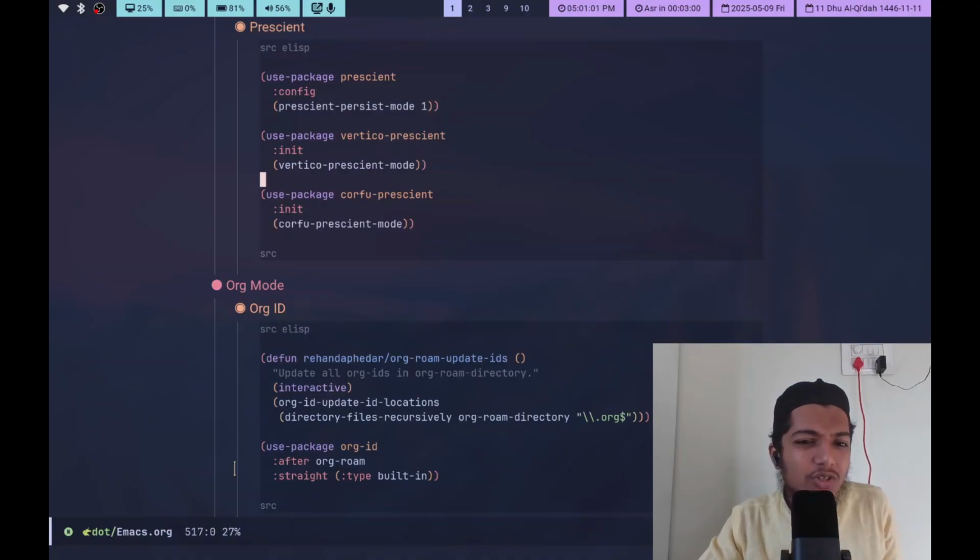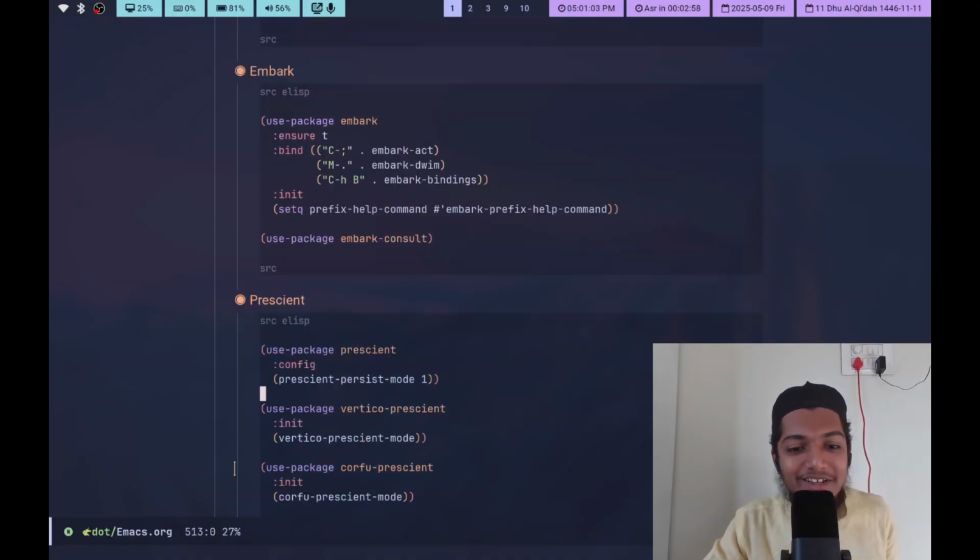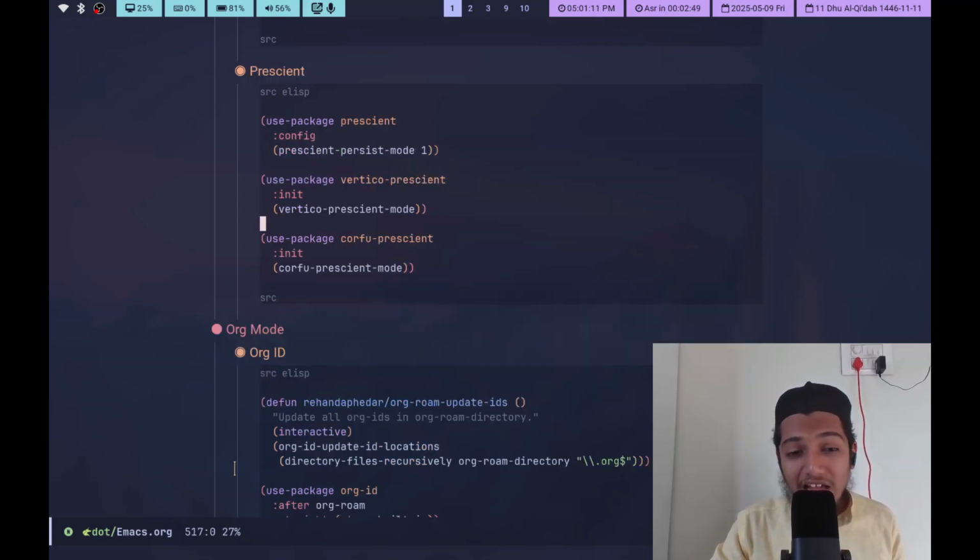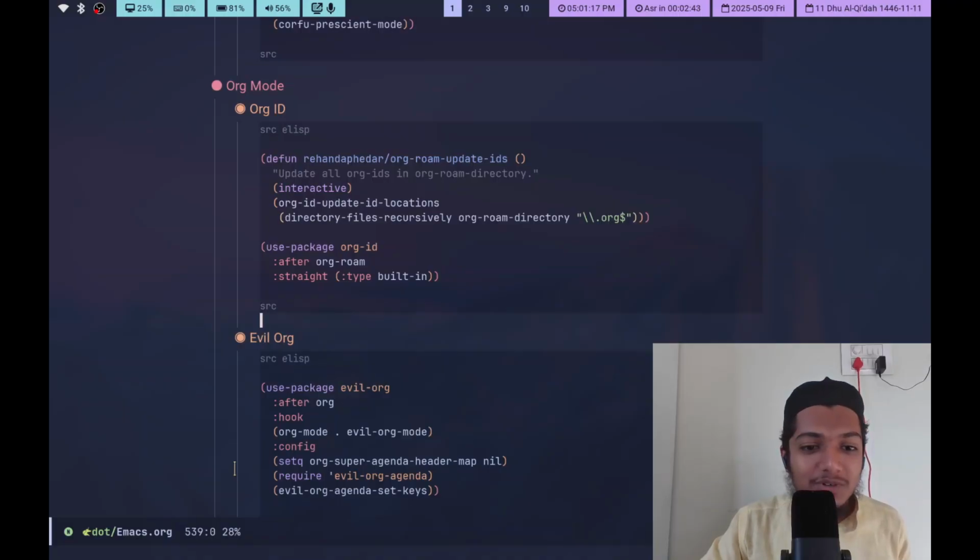Prescient, I actually don't know how my packages are playing right now. Prescient also exists, which tries to predict what you want from your history. But then there's also Vertigo and Corfu, which have integration, but I'm not sure how they work because I also have Codium running with it. So I don't know how it's working, but it's working somehow. Org ID, this is a small thing for when sometimes I mess up